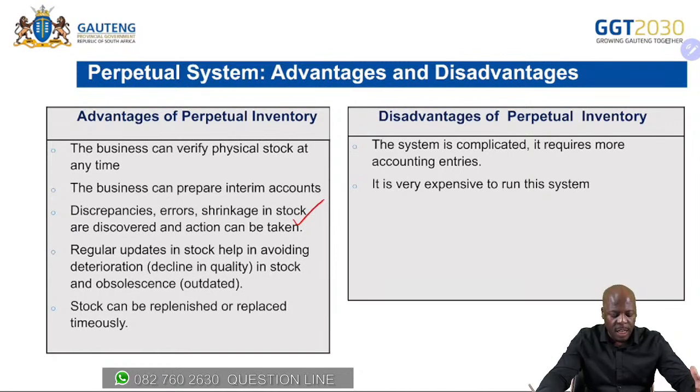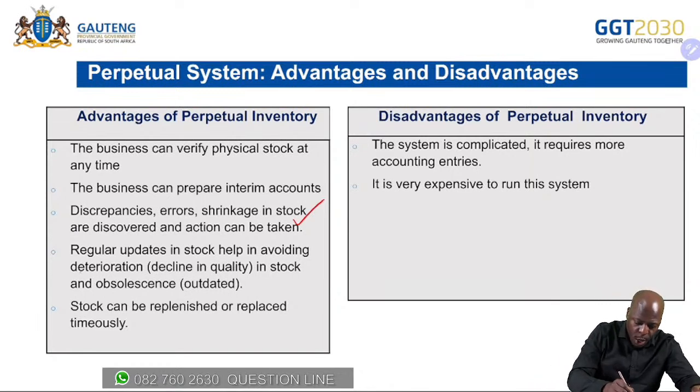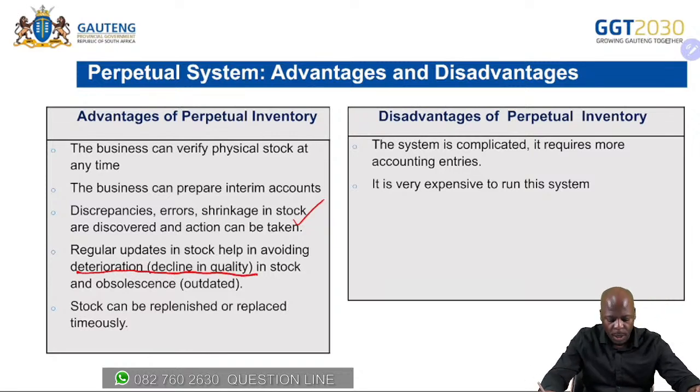There will be regular updates in stock to help avoid deterioration or a decline in quality. All right? So the moment there are regular updates, you do away with outdated stock. You are able to update your stock because there is regular or continuous check of your stock. And then stock can be replenished or replaced timeously. It is very important in business that you keep adequate stock levels so that you can meet the demand of